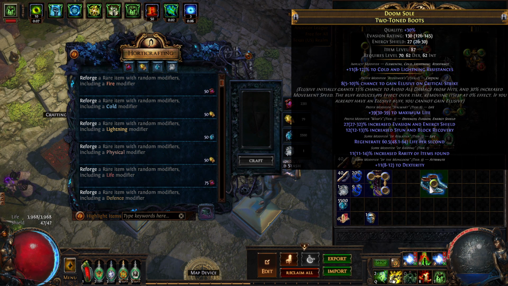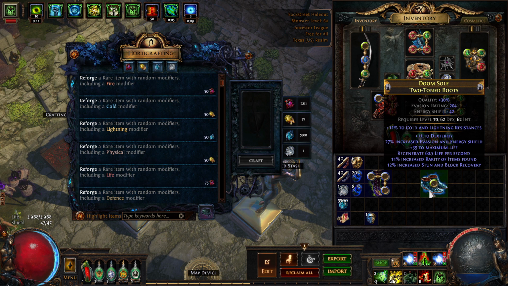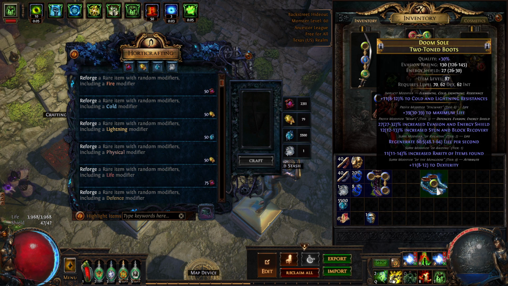What happens here, of course, you can see what happens. You can annul off the mod that you rolled, and you have to go back to the alteration spamming stage. So a lot of people don't like this. However, I do it because it's a gamble, and it saves you a lot of money if you can pull it off. Now, the other option I talked about in my last video